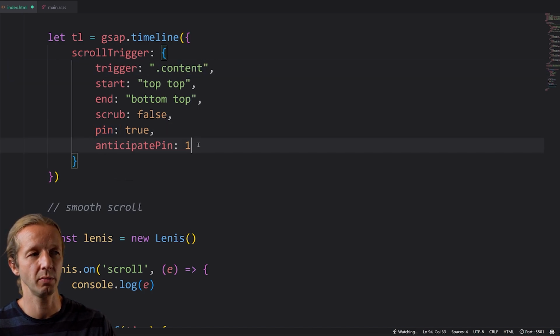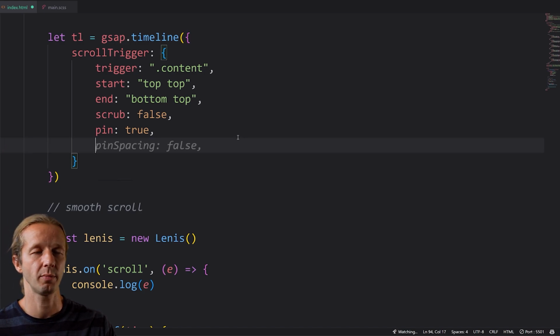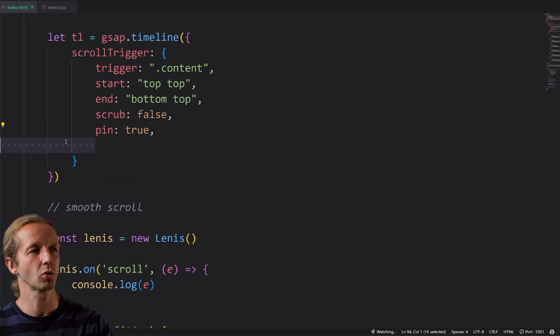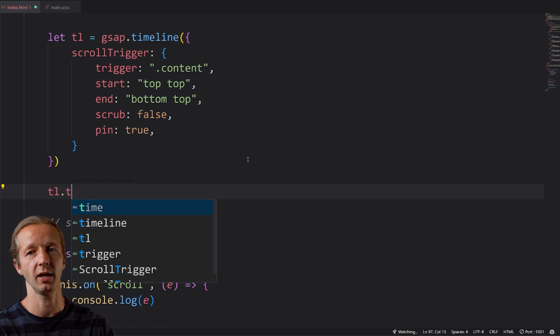So again, just experiment to see if you want to set that to true or false. Anticipate pin is another property. I think we're going to leave that off, and we'll experiment with that as well if we need to. So let's go ahead and just save that. Now we have the scroll trigger defined, and now we can take our timeline and we can start animating different